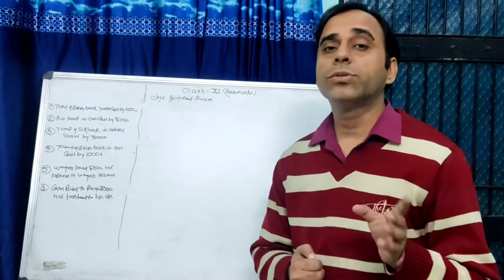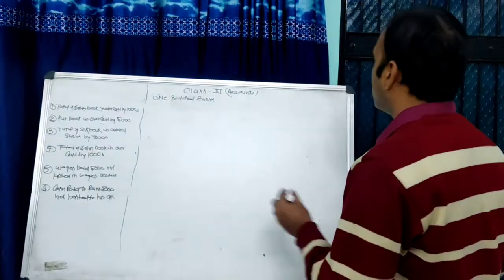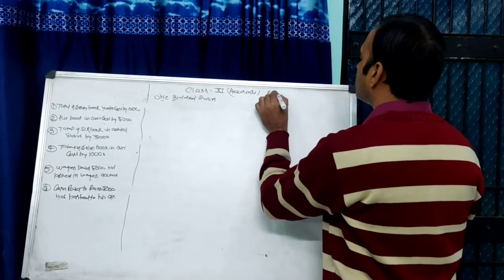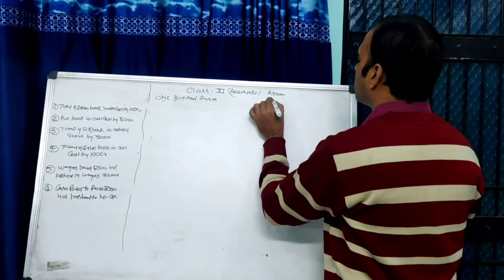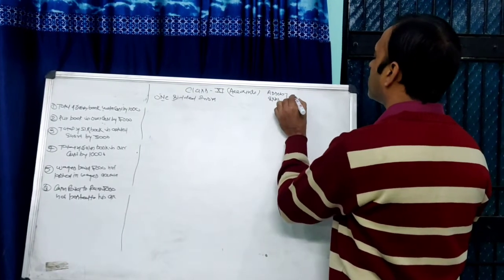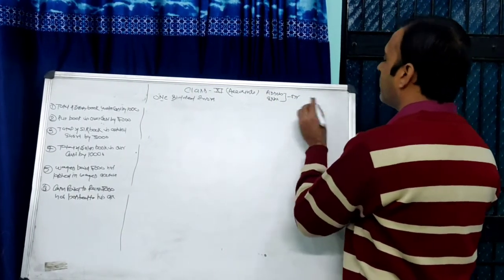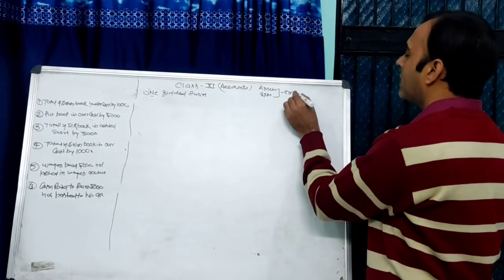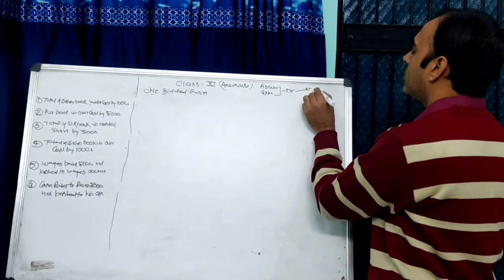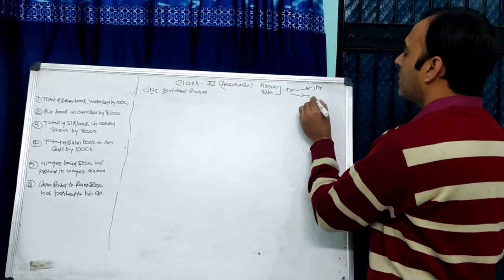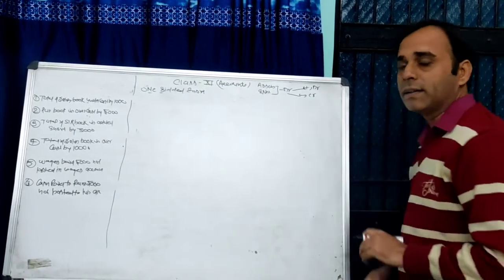But before solving the questions on one-sided error, we must know that all assets and expenses accounts always have a debit balance. If, while sorting out the error, we have to increase the balance of an account having a debit balance, then we debit this account. If you have to decrease the balance of an account having a debit balance, then it will be credited in the entry.